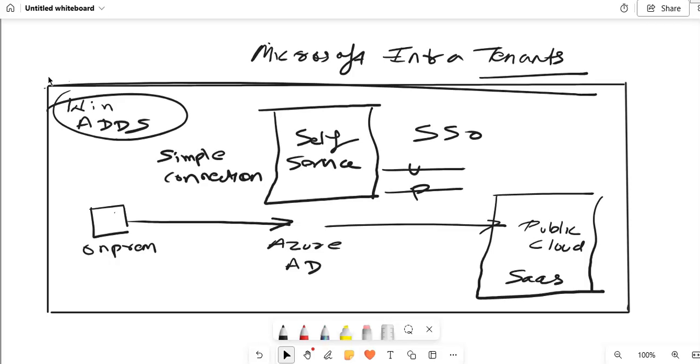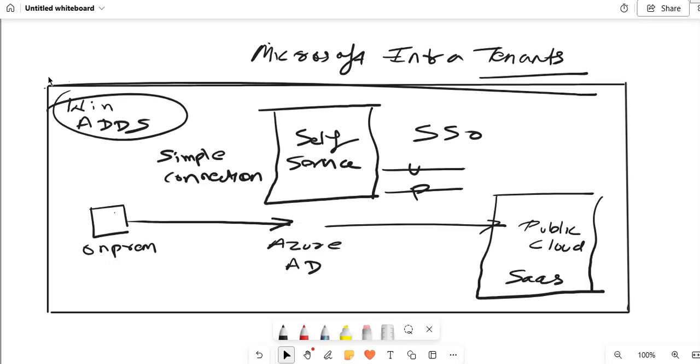Now, let's get to know the high-level points of comparing Microsoft Entra ID and Active Directory Domain Services. First of all, Microsoft Entra ID simply is a cloud-based counterpart of ADDS. However, while Microsoft Entra ID and ADDS share common characteristics, there are several significant differences as well. Now, when comparing ADDS with Microsoft Entra ID, it's important to note a few characteristics